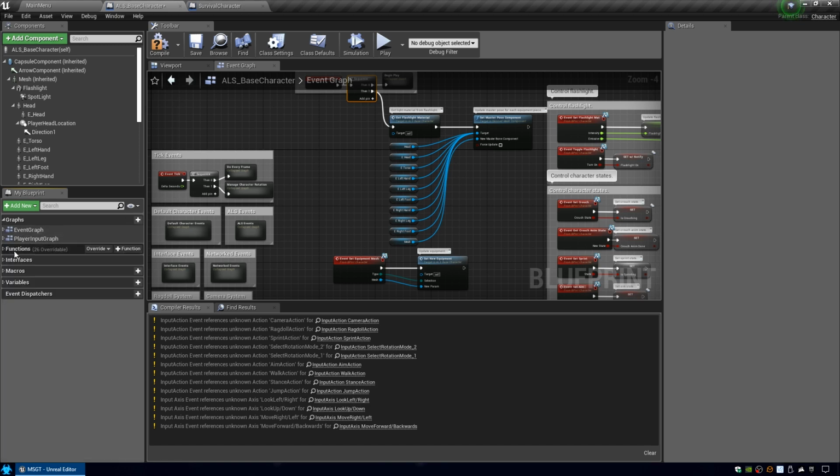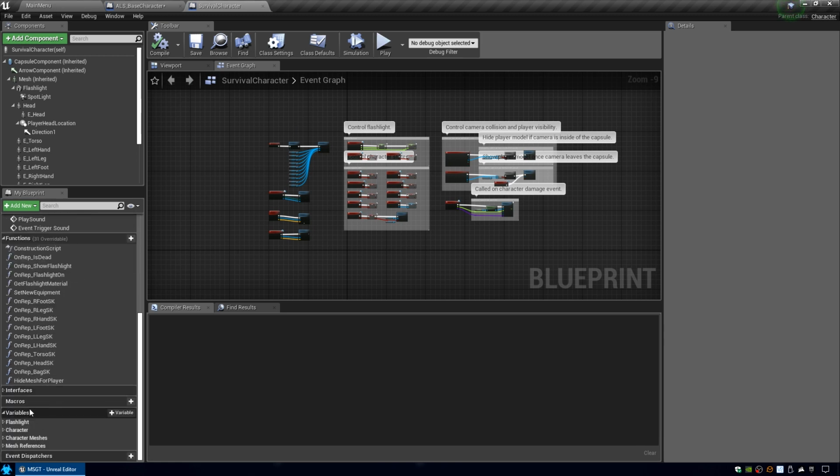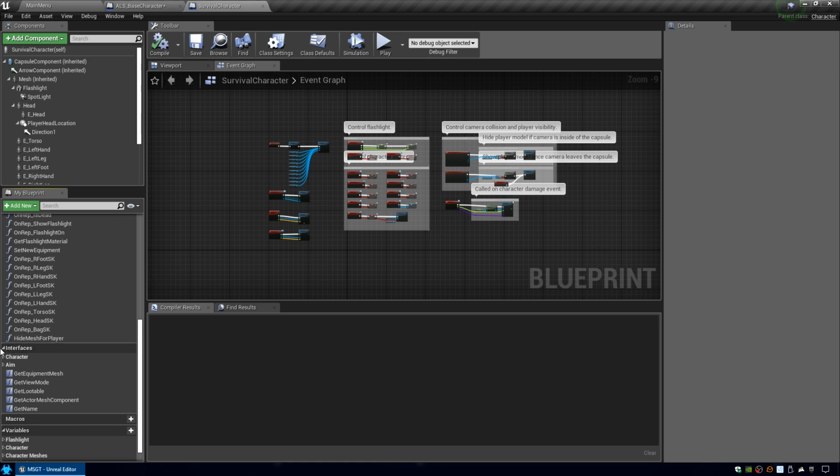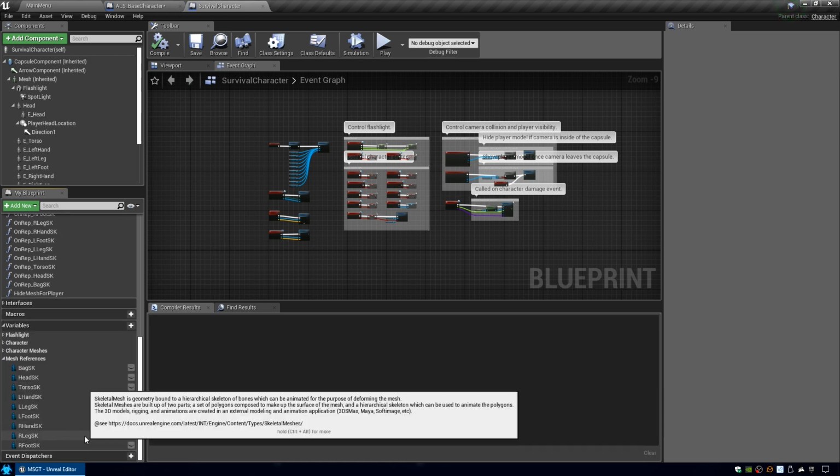And now, of course, in ALS, we'll have a lot of extras, so it's kind of hard to really compare, but these will be the ones that you're seeing right now in the event graph. All of our functions are correctly brought over. Our interfaces are correctly brought over. And as far as variables,